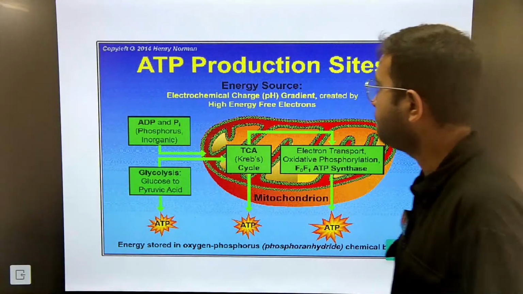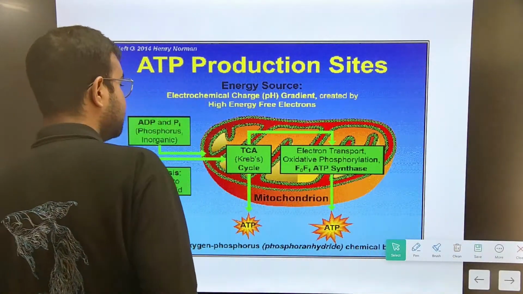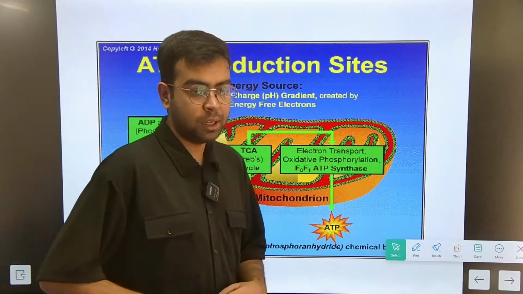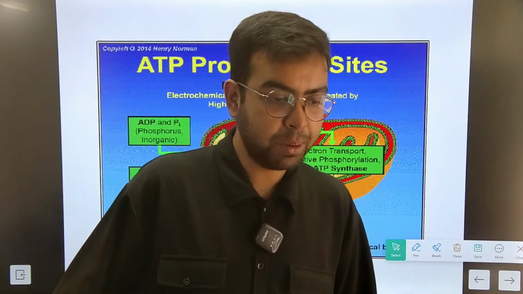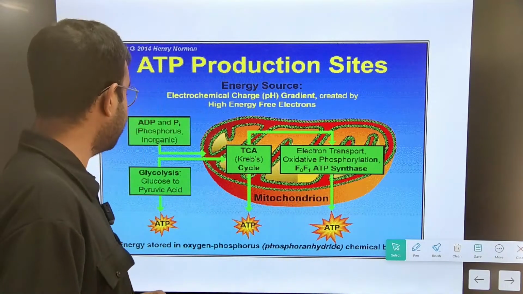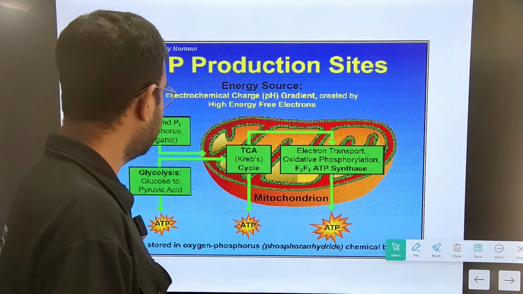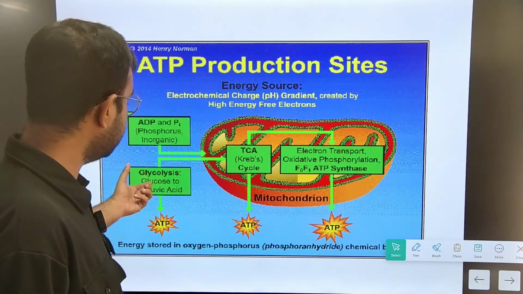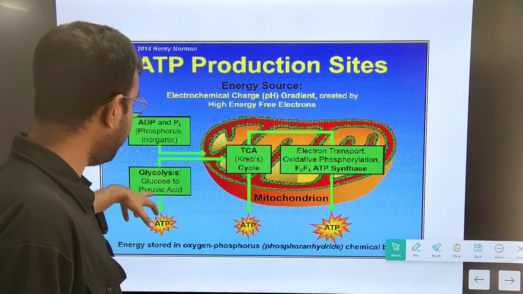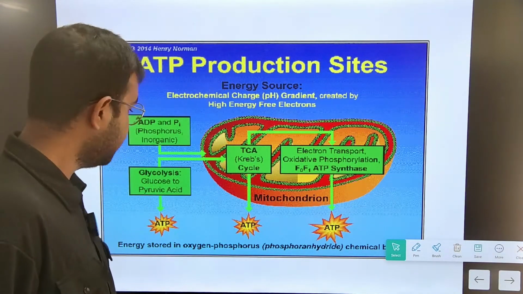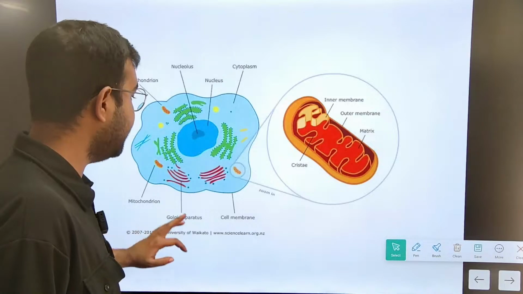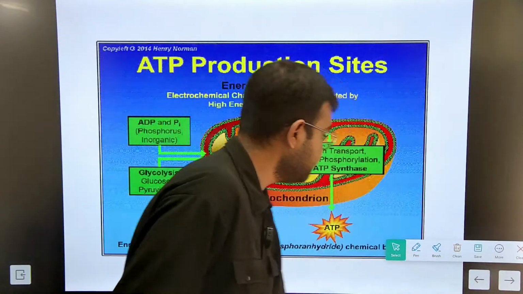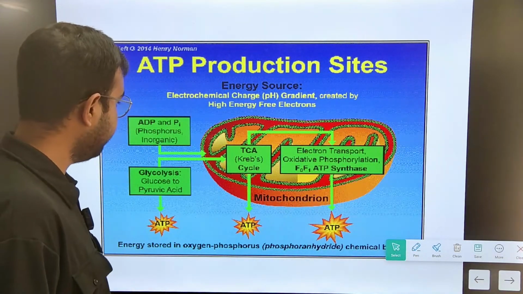I'll show you. See, होता क्या है, you guys must have read about glycolysis in botany, कि जब प्लांट्स का respiration होता है तो firstly glycolysis takes place, ठीक है. अब glycolysis में क्या होता है, glycolysis में glucose is changed into pyruvic acid, ठीक है. और pyruvic acid से क्या form होता है? ATP. Pyruvic acid से form होता है ATP, ठीक है.